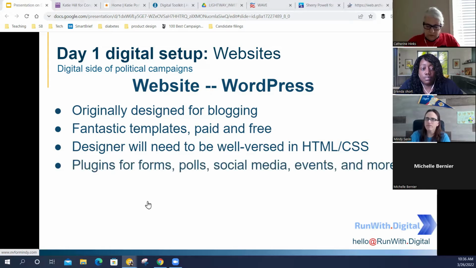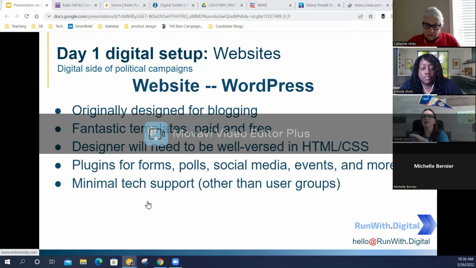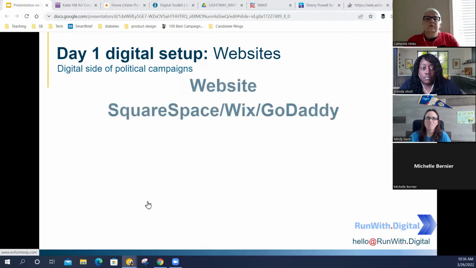You have plugins for forms, polls, social media events, and whatnot. There's not a ton of tech support on it, but there's support of the world for how to modify this for WordPress. Find a WordPress group on Facebook and you'll get 10,000 answers. And maybe I speak in hyperbole, but there are thousands of possibilities.